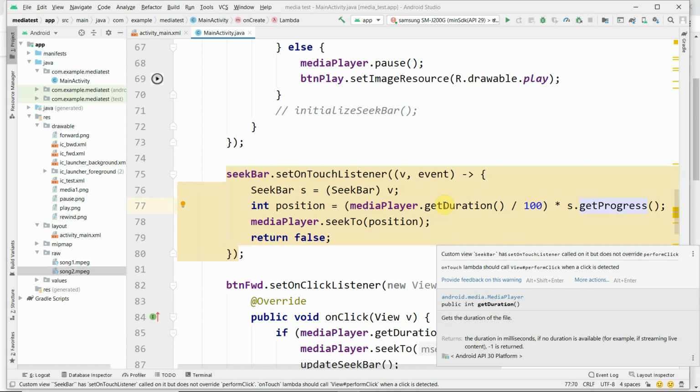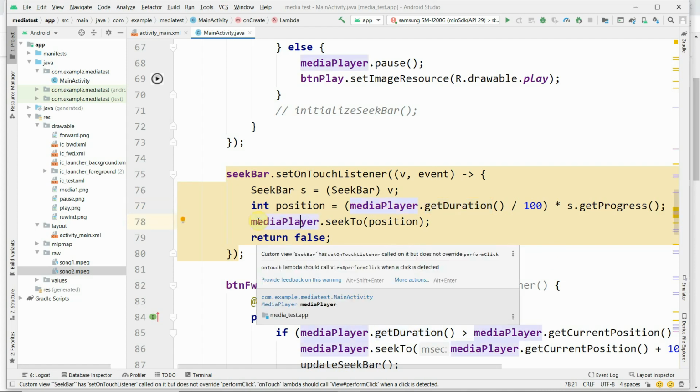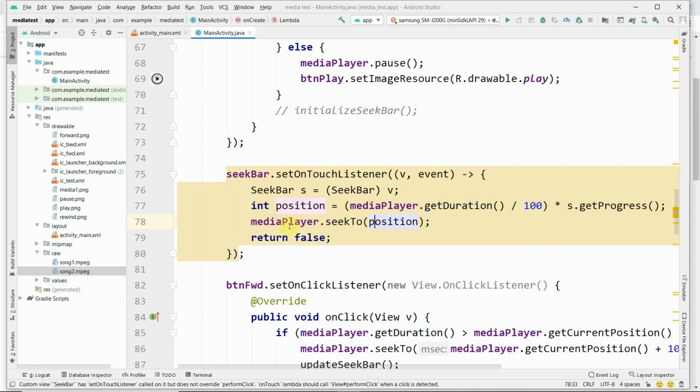This indicates the progress bar should not go beyond the entire duration of the song, and the media player seeks to that position.